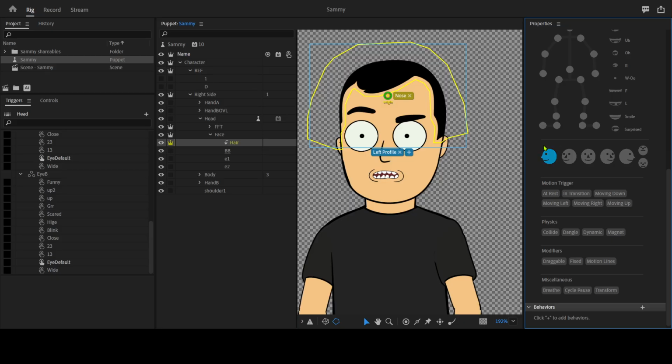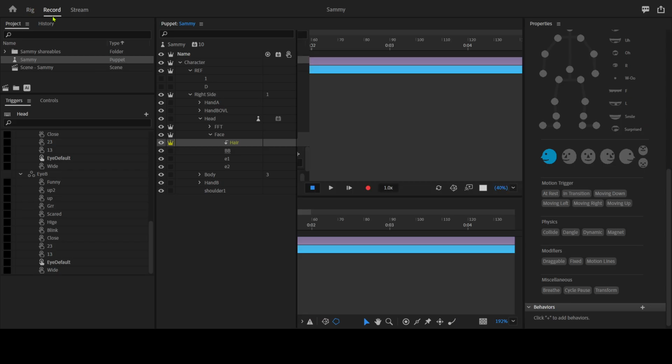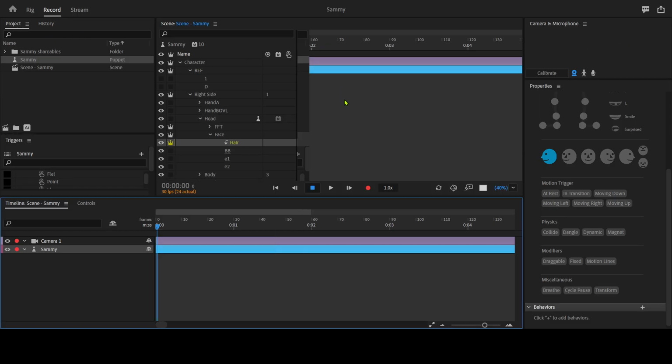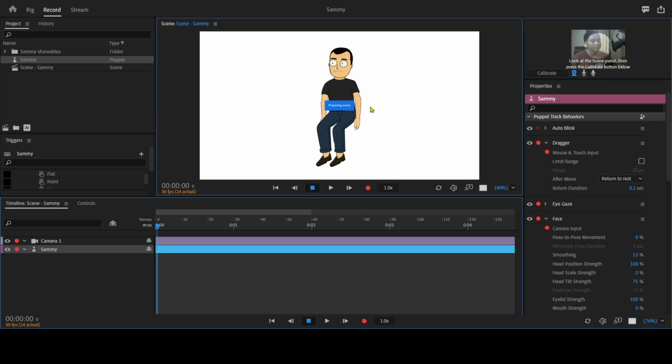Ideally this is not supposed to work, but because I am not assigning any of these to our main head, it is displaying every single thing here. This is supposed to only appear when you turn your head towards this point, but it will work now because our head is not assigned to anything, so it has to display everything. So now if I come to our record,